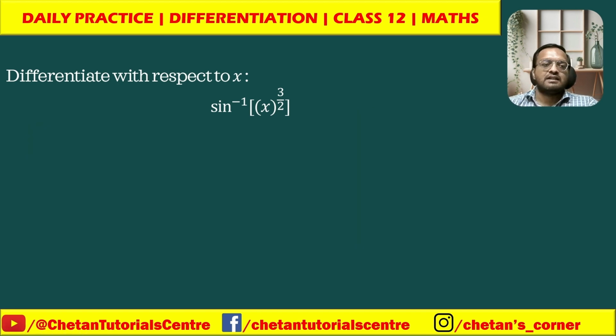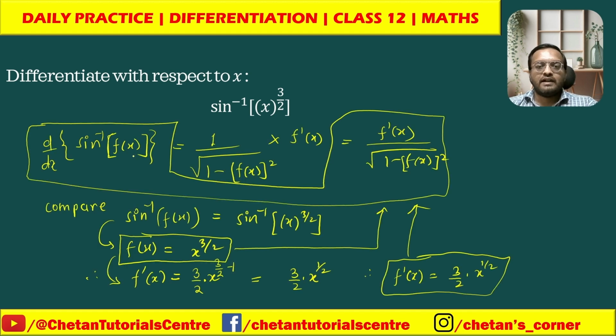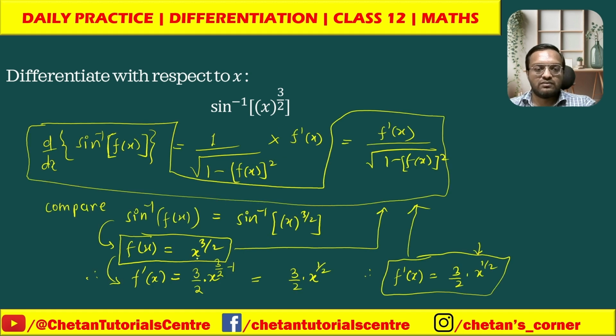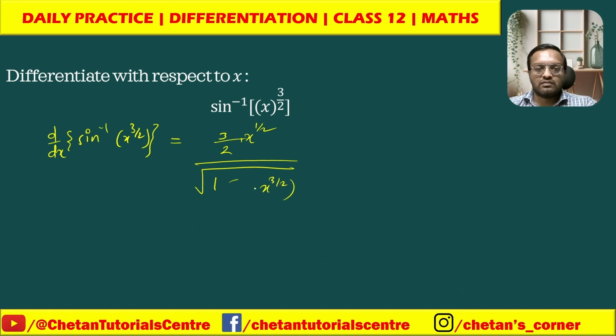Then what I will get? d by dx of sine inverse of x raised to 3 by 2 is equal to f dash of x. f dash of x is 3 by 2 x raised to 1 by 2, divided by under root of 1 minus f of x bracket square. So f of x is x raised to 3 by 2, bracket square. That is equal to, now I will simplify this. What I will get? 3 upon 2 x raised to 1 by 2 divided by under root of 1 minus